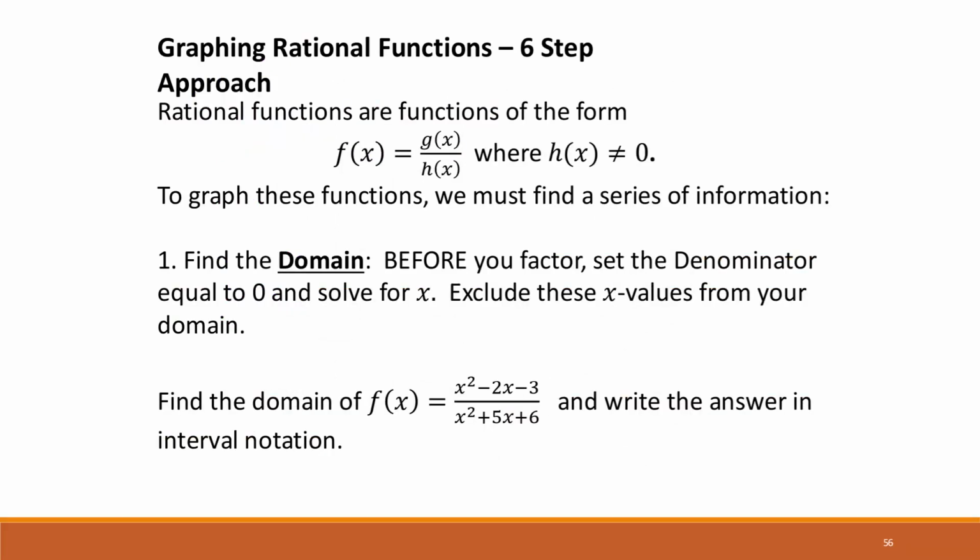So rational functions are functions of the form g of x over h of x. So we have two distinct functions being divided by each other, right? To find the domain, before you factor, you set the denominator equal to 0 and solve for x, and exclude these x values from your domain. So in our domain, we're going to look at just our bottom form here. So we have x squared plus 5x plus 6